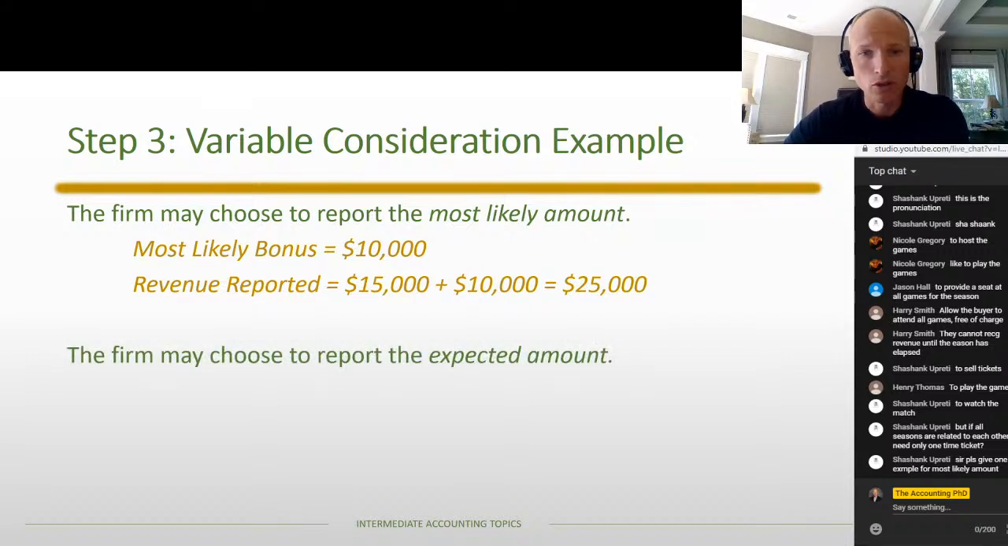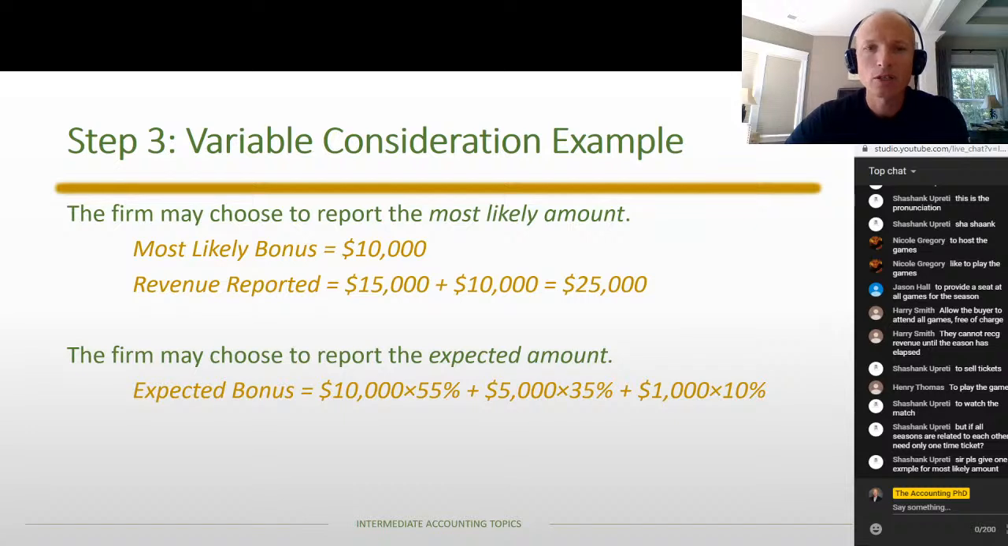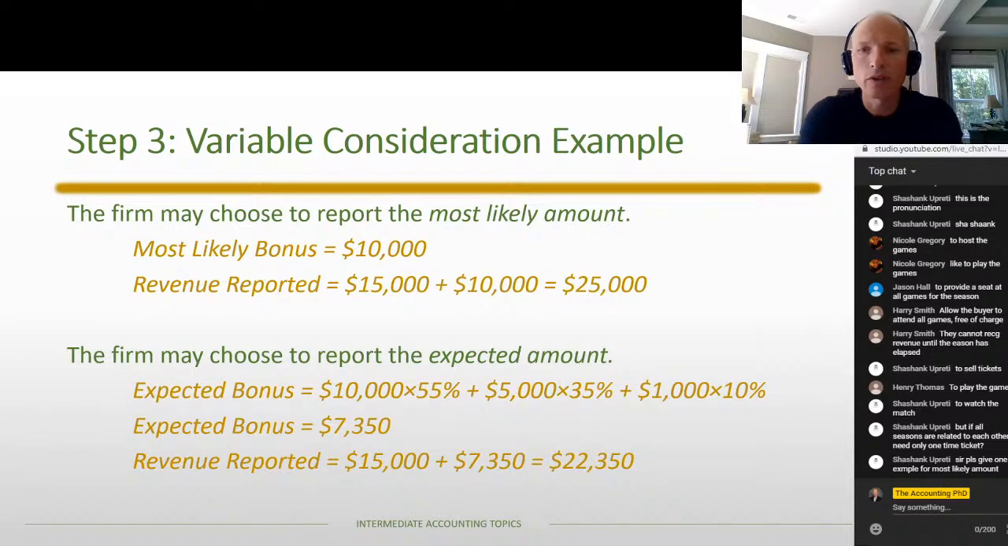They may also choose to report the expected amount. In this case, because there are three distinct outcomes, the expected amount would be like a weighted average. So you take the 10,000 times its probability, the 5,000 times its probability, and the 1,000 times its probability for an overall expected bonus. And so they would report, in that case, $22,350. Now, the reality is, the company could report either of these, and both of them would be acceptable under